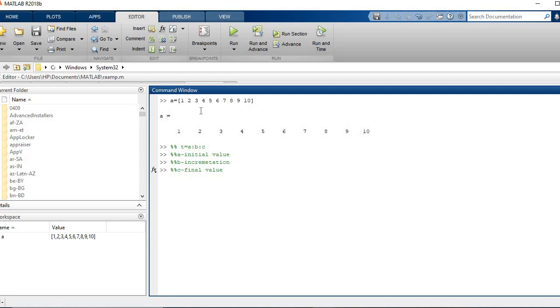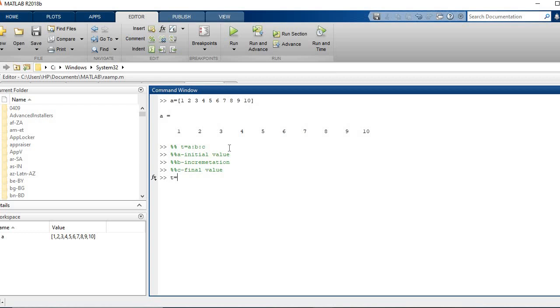So what this command will do, it will lead to generation of an array named T, which will have a starting value A and each subsequent value will be incremented by amount B till it reaches a value C. Okay, now we can perform this command.